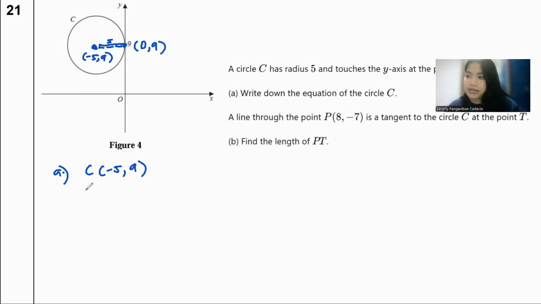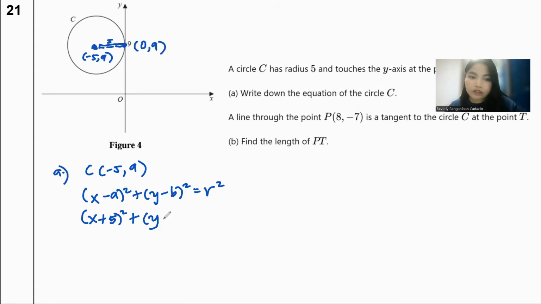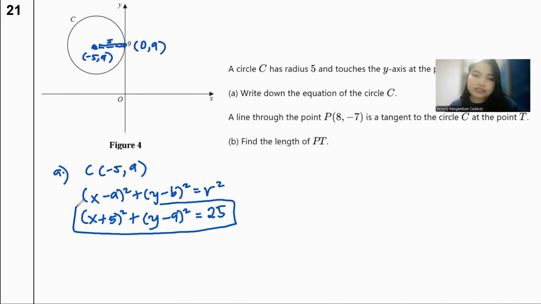But you're not yet done, because you're going to create an equation of that circle. You know that the formula is simply (x - a)² + (y - b)² = r². The formula will be there in the sheet. So I'm just going to put (x - (-5)), which becomes (x + 5)², plus (y - 9)², equal to 5, the radius, squared, which is 25. You need to evaluate that, and therefore, that's your equation of the circle.